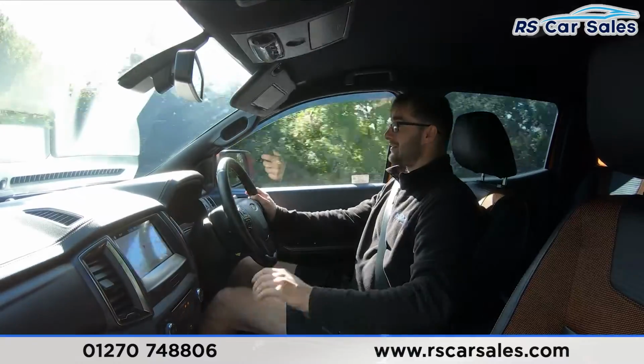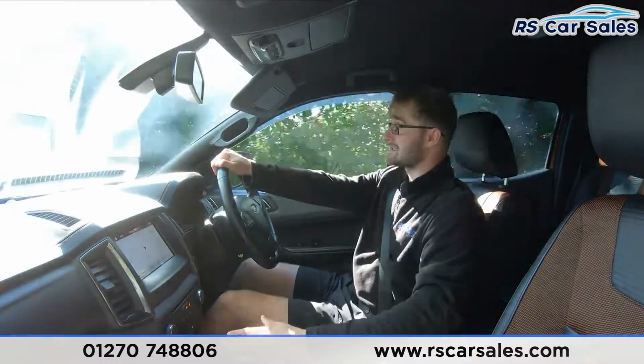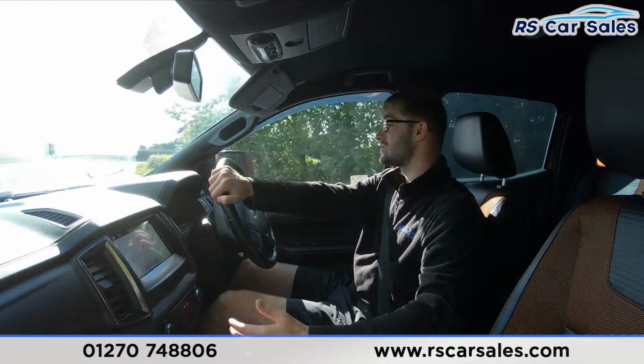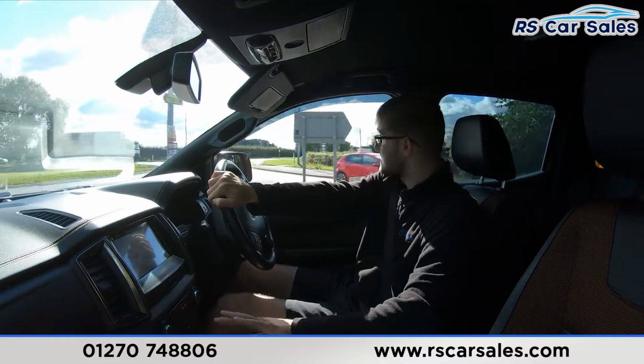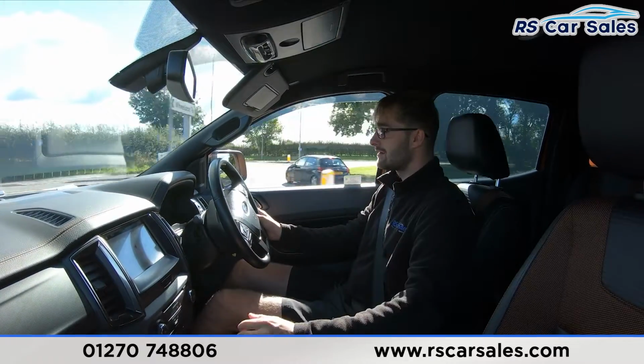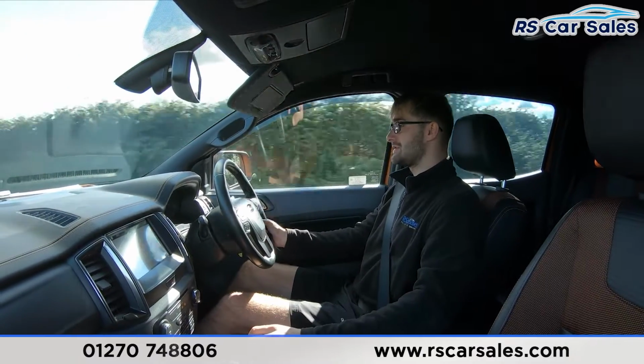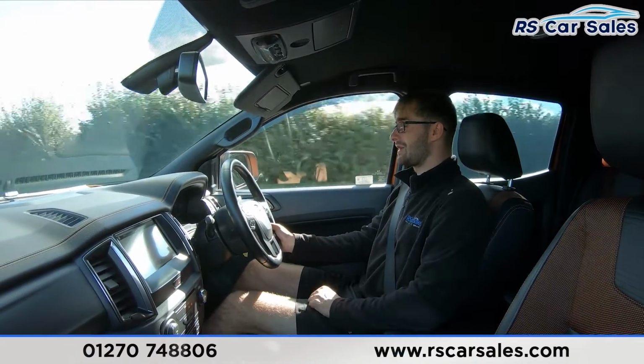Now I'm going to take a left at the roundabout as you would if you were test driving this vehicle today. Now we do have the gear stick down here which you can push to your right and it's in manual mode. So you push down to go down and pull up to go up. So I'm currently in 2nd gear, up to 3rd, into 4th, into 5th, push back to the left and it goes back into normal